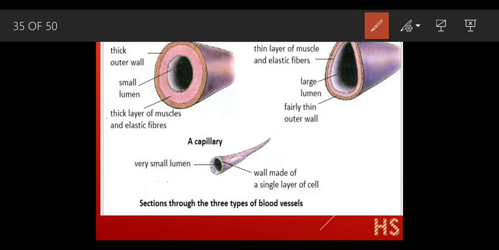Now we are going to discuss the veins part. See the veins. If you look at the vein, they have the thin layer. Okay, why are the veins thin? Because they carry only deoxygenated blood. Okay, it has large lumen. What do you mean by lumen? The space, as I said, through which the blood flows. It has large lumen because it does not have to exert a large amount of force.